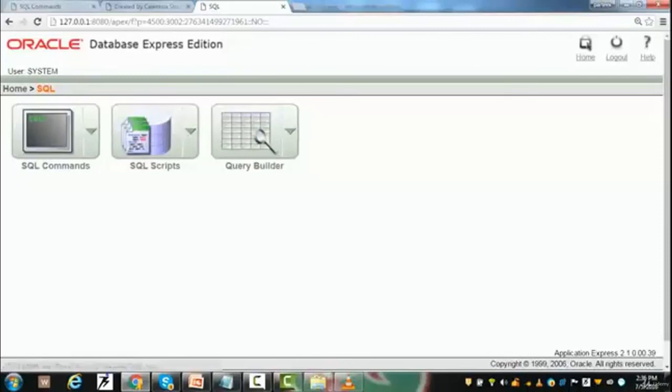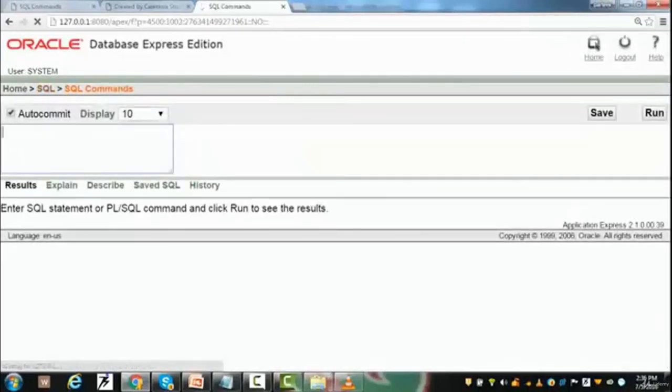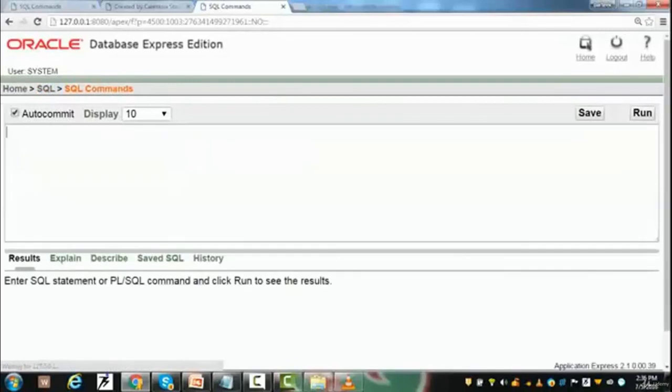When I click on SQL commands, another page will open, and this is the page where we can enter our SQL as well as PL/SQL commands, and we can click run to see the results. Run is used to execute the statements. So this is the iSQL*Plus interface which is used to execute SQL and PL/SQL statements. We will use this interface for our further sessions.